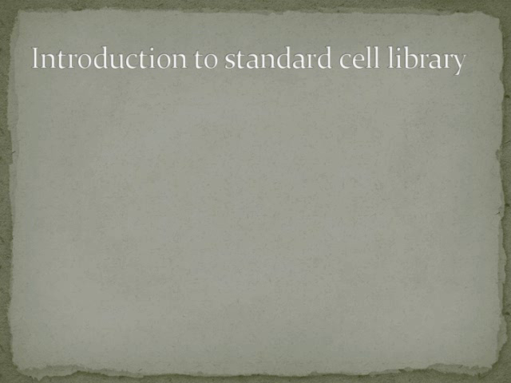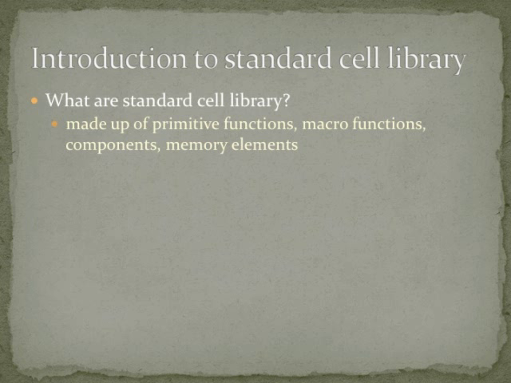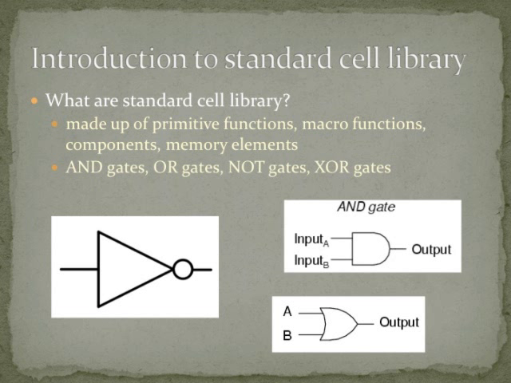Standard cell libraries are made up of primitive functions, macro functions, components, memory elements. It is a design abstraction where low-level logic functions are used. For example, AND gates, OR gates, NOT gates, XOR gates. It is also the method for regulating the layout so as to obtain the desired circuit layout with the correct